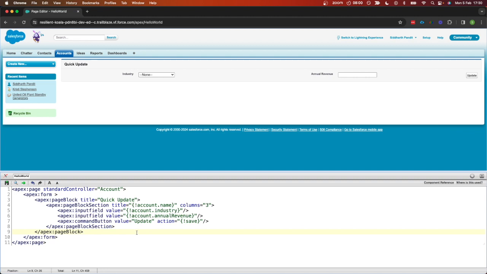I also wanted to display the account record. I would rather say the account record page, the detail page below this section. All right, maybe below this block. So what we're going to do is add another page block that will hold the entire record page for the account. So let's quickly add another page block,